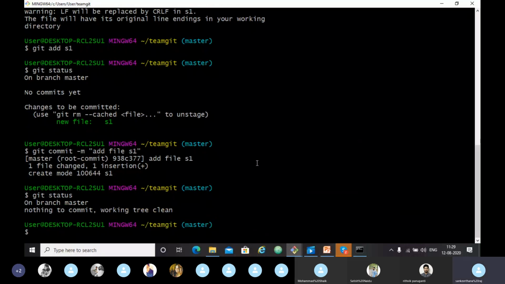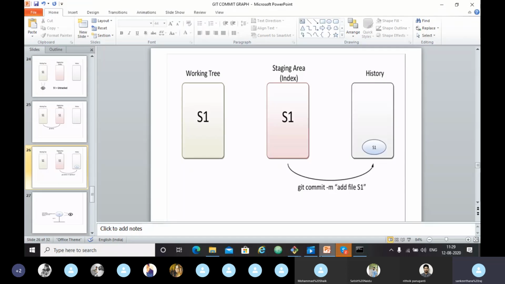Okay, so here git status shows nothing to commit, working tree clean. It means we have nothing new to commit. Everything in our staging area is already committed to the history.